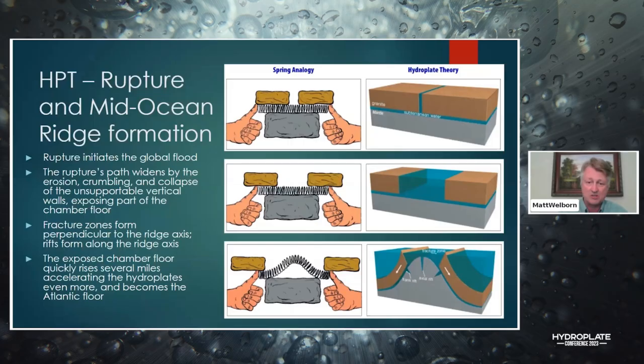And as that happens, this is the thing that really tips the balance and creates this instability where on the lowest row, that spring rises up, the pressure forces it up, and it's the same thing that happened to the Earth's surface. You see the top of the mantle there is basically pushing up, splitting open, rising up into that empty spot that's created by the rupture and rising up above. And so we see that actually becomes the Atlantic floor. And we're going to see a little bit more of that as we go to the next slide.